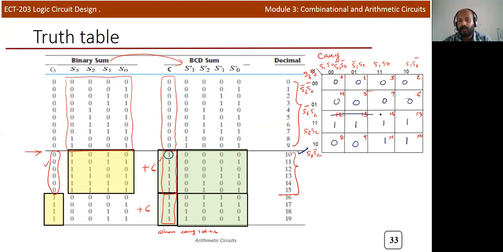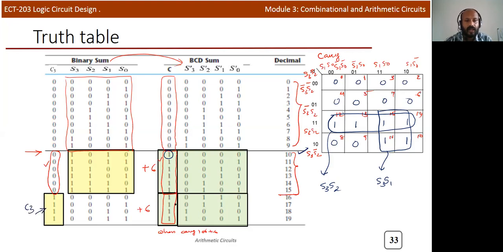So now we can group this. So if you take a group like this, you can write this as S3, S2, and here you can see another group. Row wise it's S3, and column wise it's S1. So we got two terms, but we need to consider one more term when the carry should be added, that is C3.